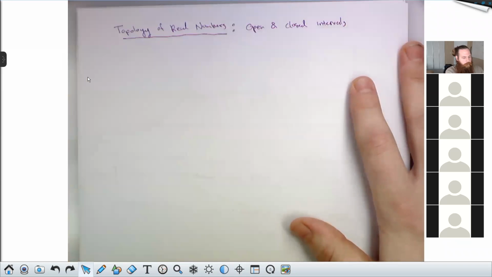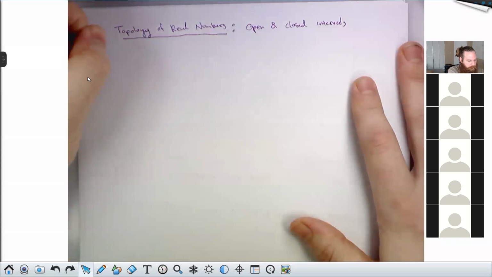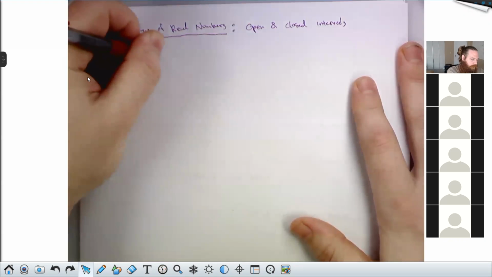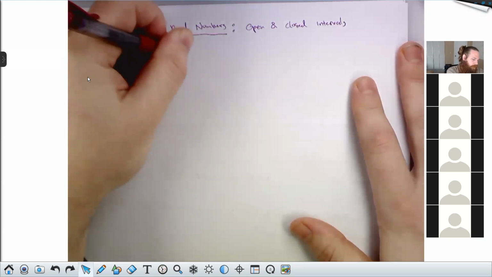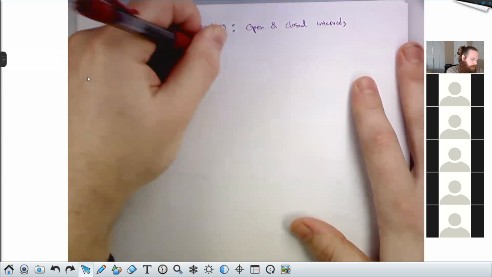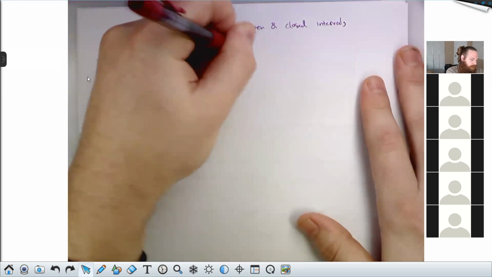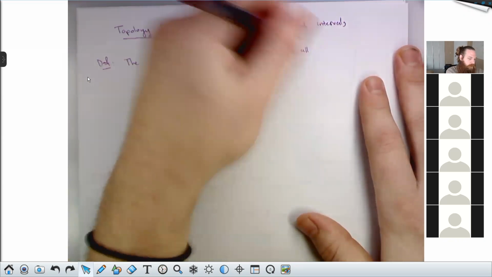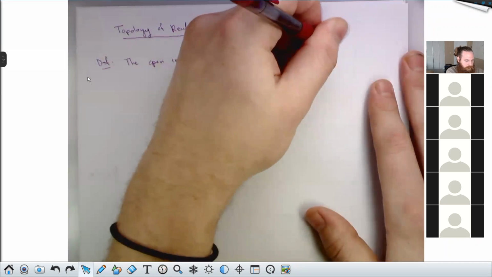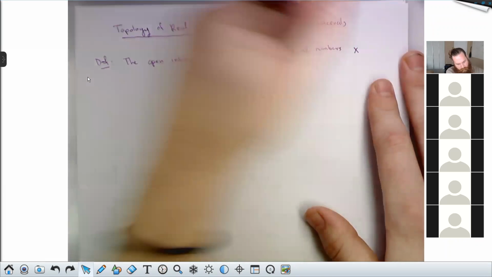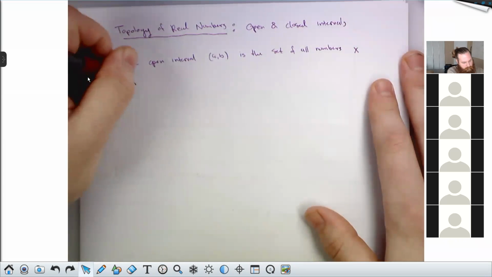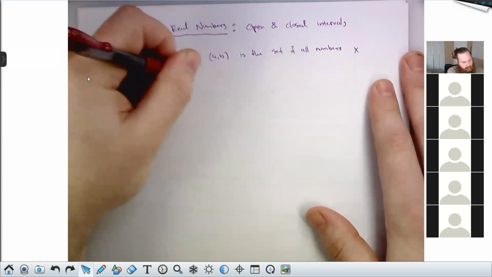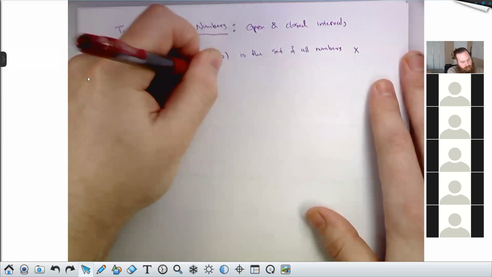I'm sure you're all familiar with the notation, but just for fun, let me make sure that we've got this. The open interval (a, b) is the set of all x values satisfying the inequality a < x < b.